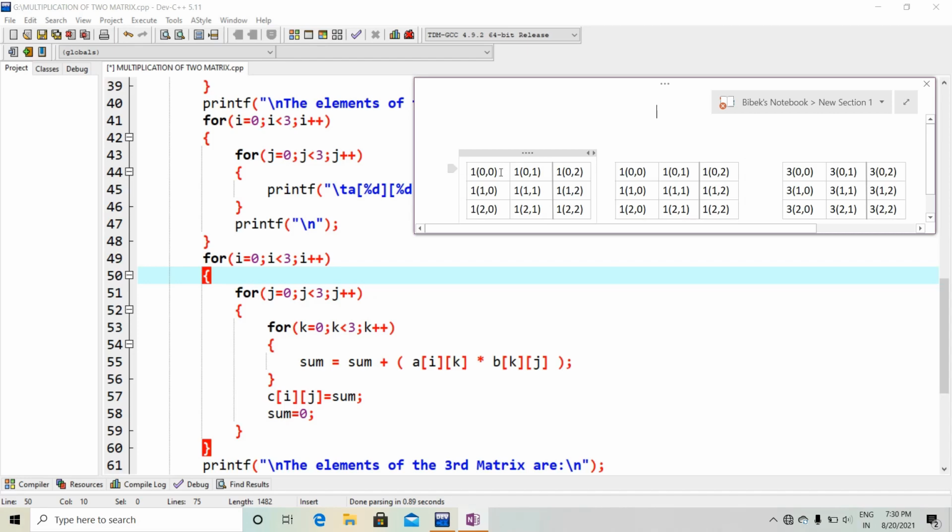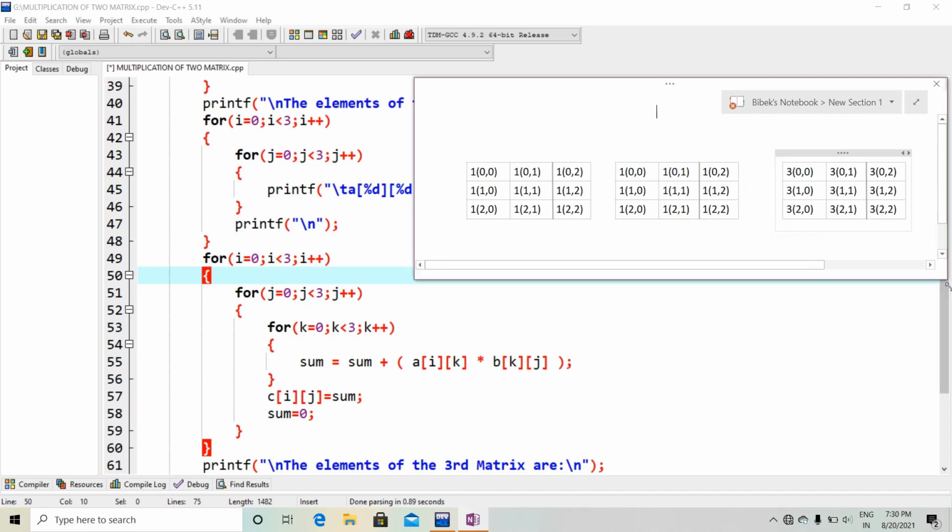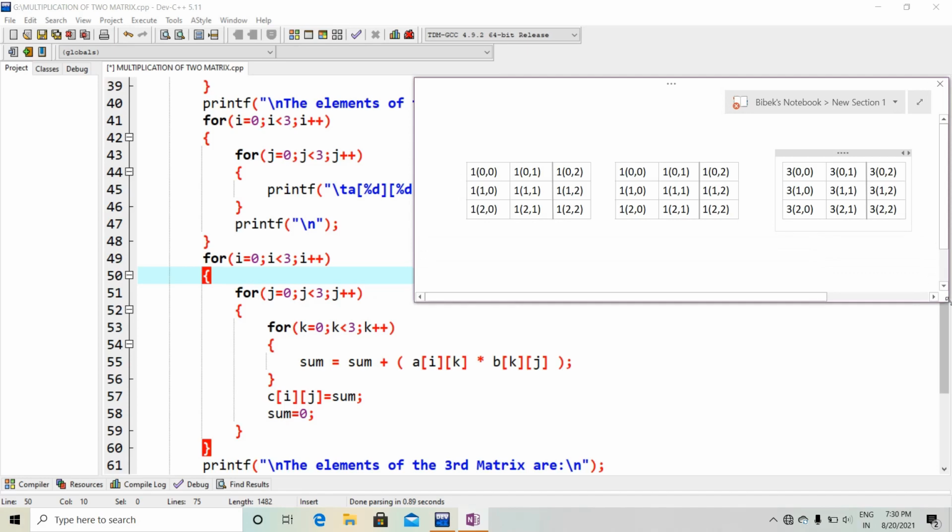So what we are going to do, this will be multiplied, so let me write here. 1 and 1, that is 1, then this one and this one will be multiplied, and this will be added with the result, so plus 1.